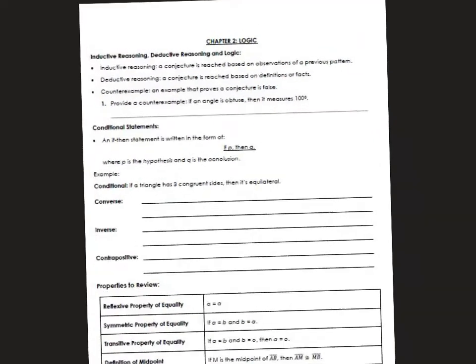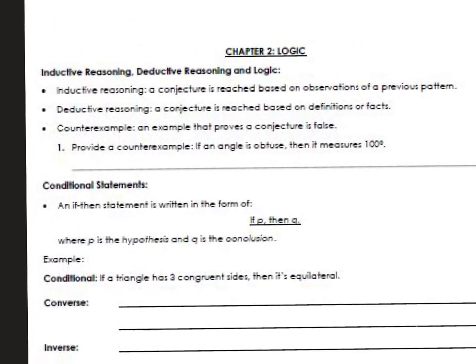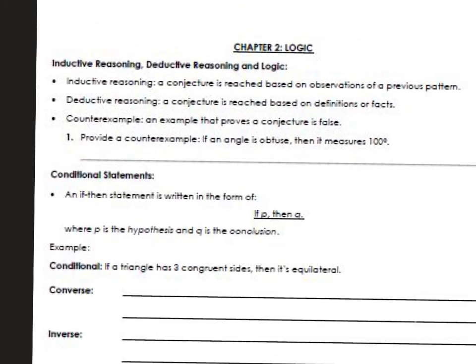Logic. So logic, we talked about different types of reasoning. Inductive reasoning deals with observations and patterns. Deductive reasoning deals with definitions and facts. And ideally, these are going to be true for whatever we are using them for. However, to prove them false, we need to come up with a counterexample, an example that proves a conjecture is